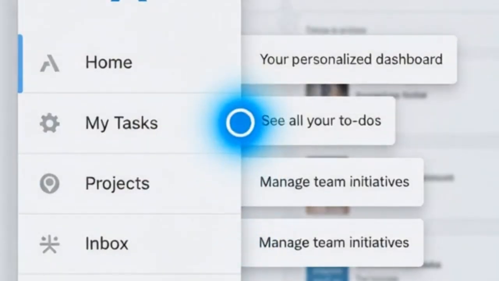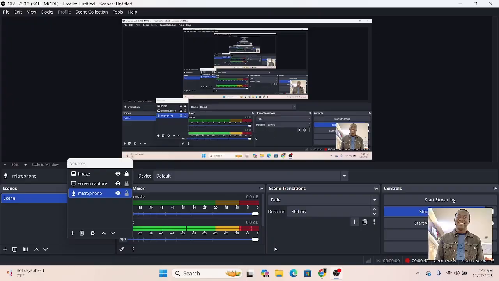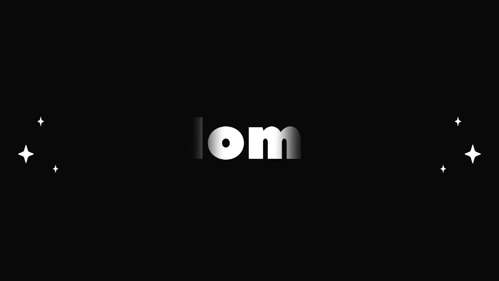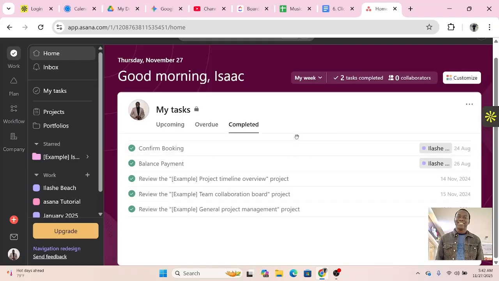The first thing we need to do is to familiarize ourselves with the sidebar menu. Once you have registered properly, this is where it brings you. Here on the extreme left, we have work, plan, workflow, company. Let's begin with work. Beside it, the first button is the home button. On the home page, you can get a glimpse of everything you have going on or had going on in your